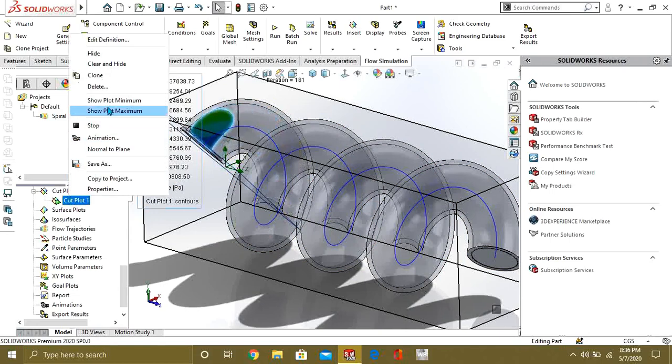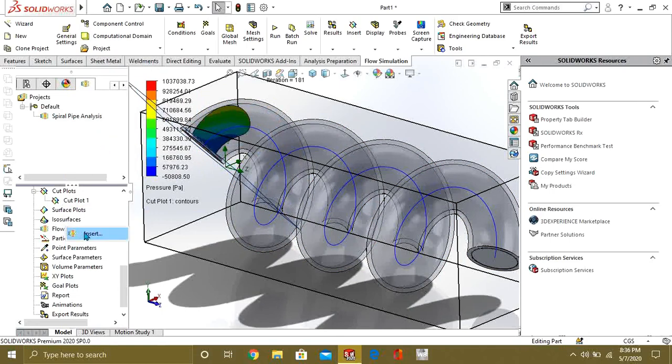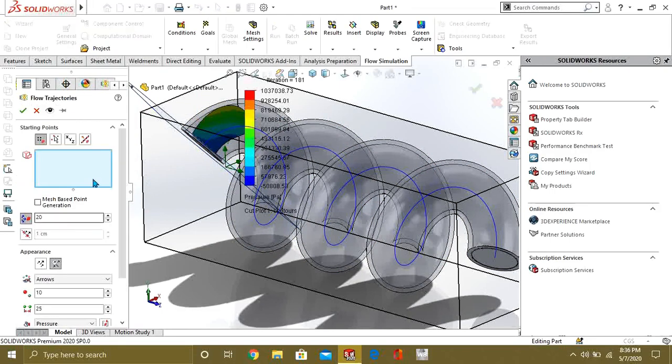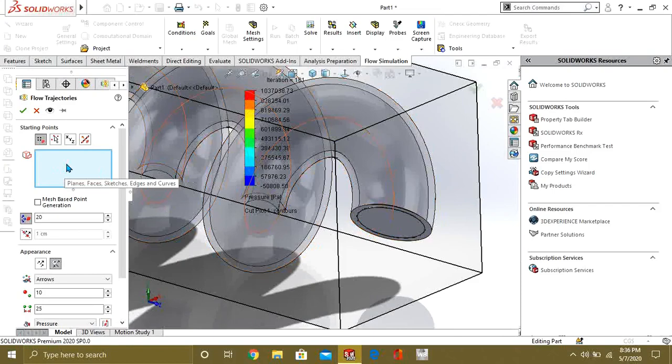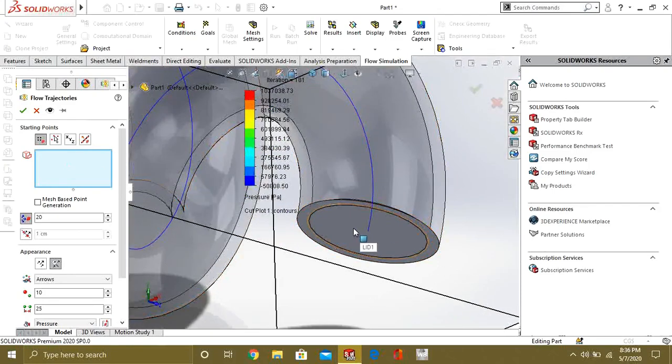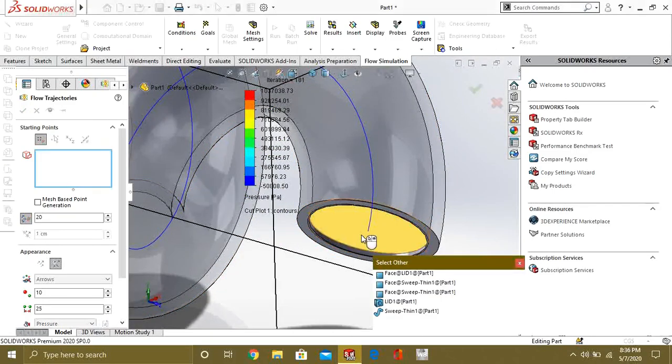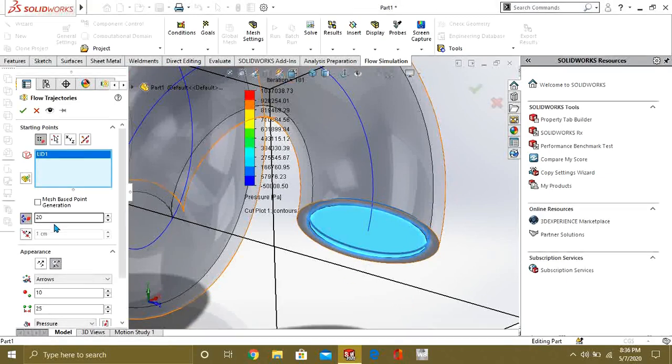So now we can also add flow trajectories. To add flow trajectories, you have to go to the flow trajectories option and we will select the starting point. So our starting point is this lid. We will select this lid and these are the number of points or number of lines you want to give.